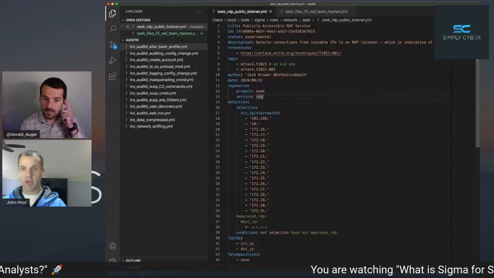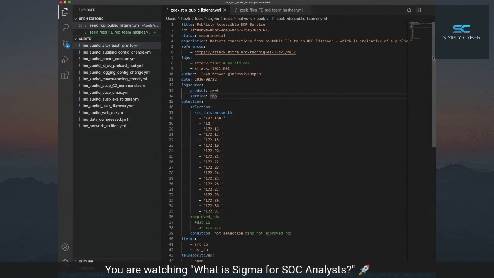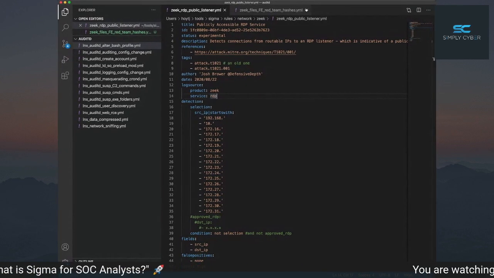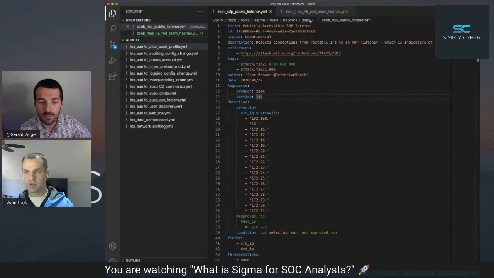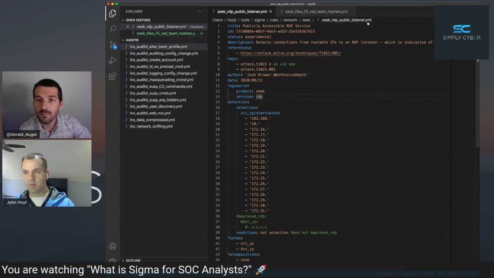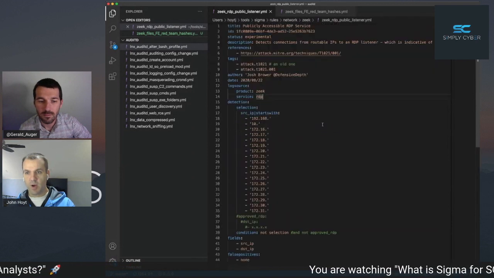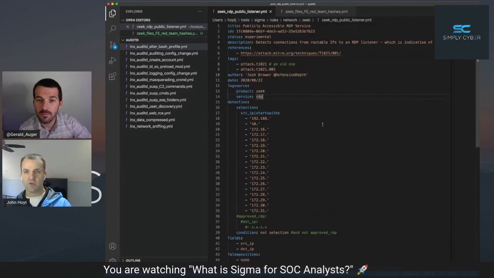Visual Studio Code. It's what Florian recommends using, and that's what he uses to write the rules themselves. And so this is the rule we just looked at a little bit ago, right? You can see it's in the Zeek folder, Zeek RDP public listener .yaml. It's a YAML file. So I took this one and said this was similar, close enough to